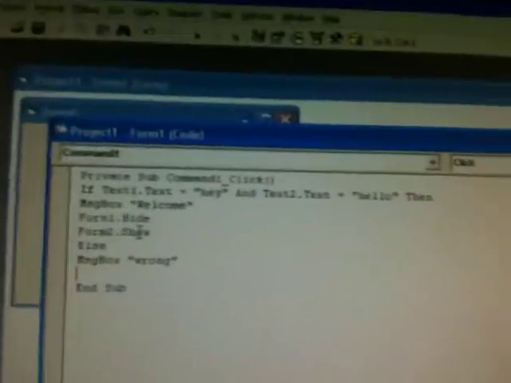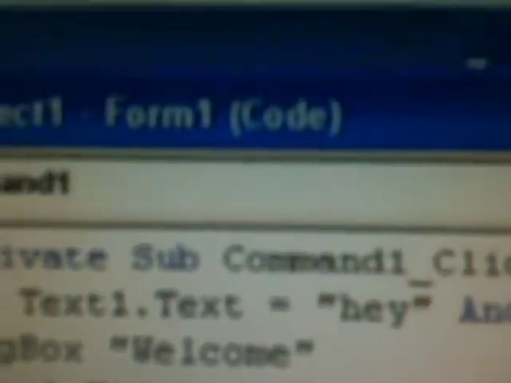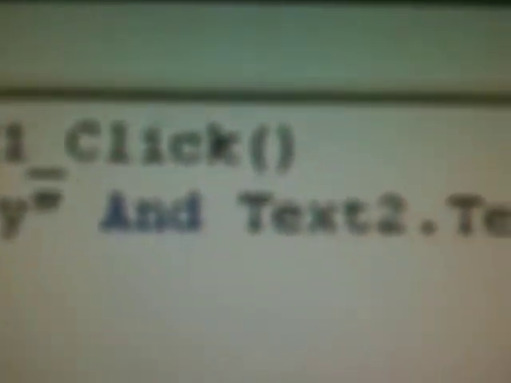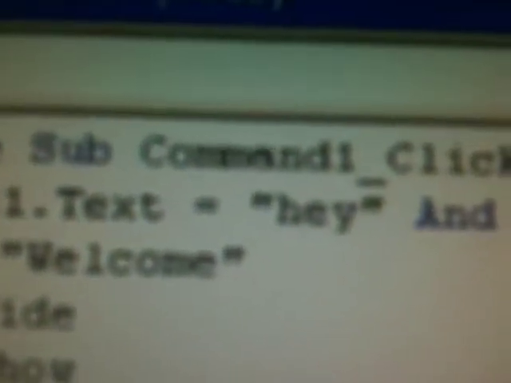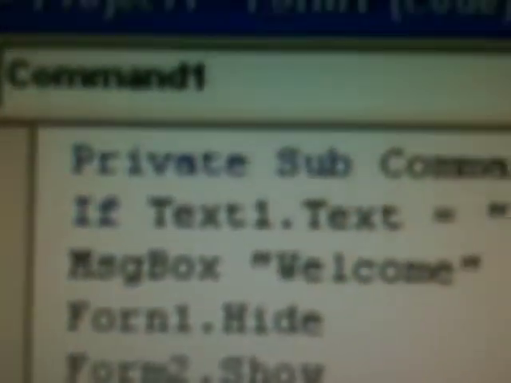Alright, this is the code. Oh, forgot, and if. Okay, this is the code. If text1 dot text is hey, and text2 dot text is hello, then...